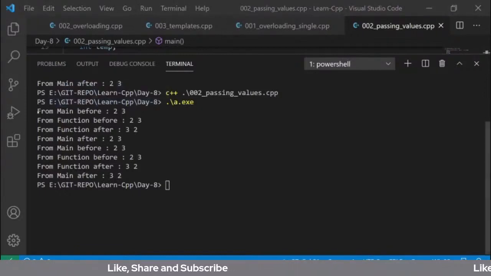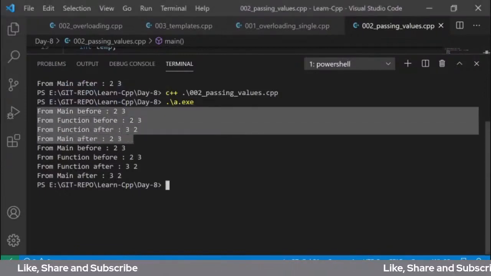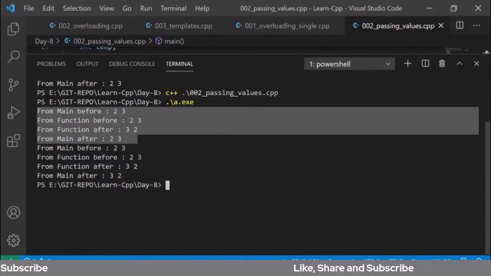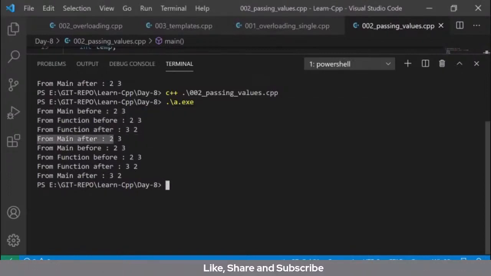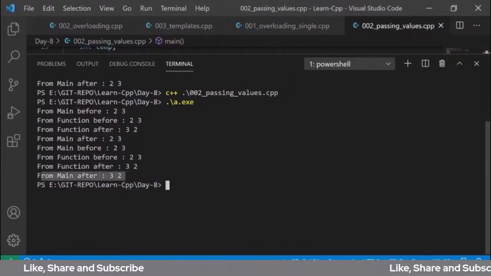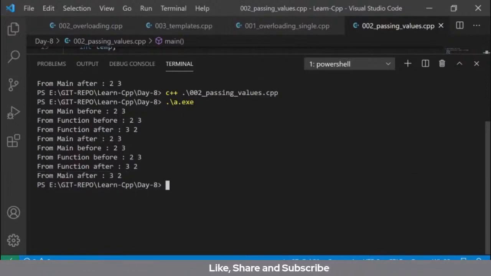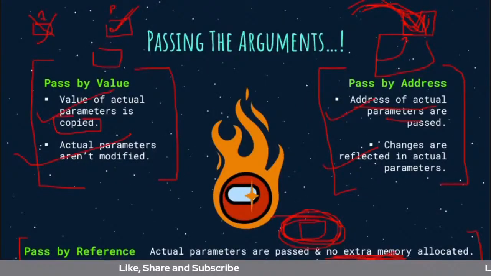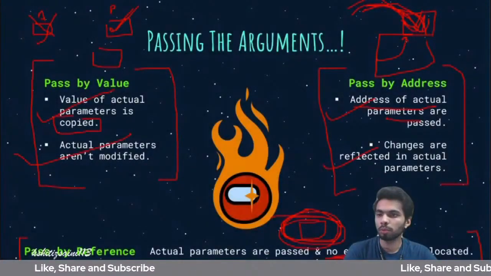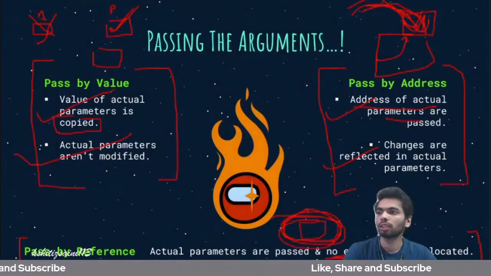तो अब हमारा पहले वाला जो फंक्शन चला, that was like कि 2 3 ही आया हमारा, यहाँ पे ये 2 3 ही आ गया from main after it, but from main after the function which was pass by reference, तो यहाँ पे भी 3 और 2 ही है। So while 3 and 2 here rather than being 2 and 3. अब इसको हम देखते हैं कि वो क्यों हुआ। तो let me first clear my screen and अब इसको मैं थोड़ा क्लियर करके एक बार अच्छे से एक्सप्लेन कर देता हूँ।